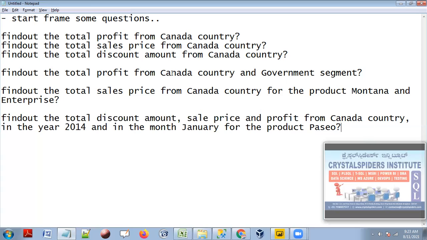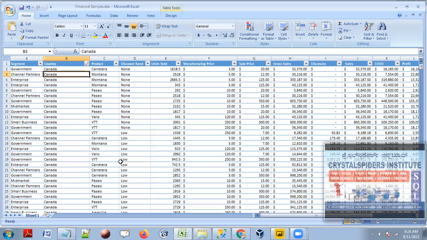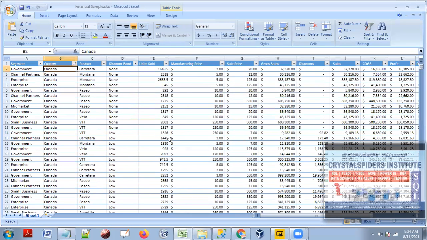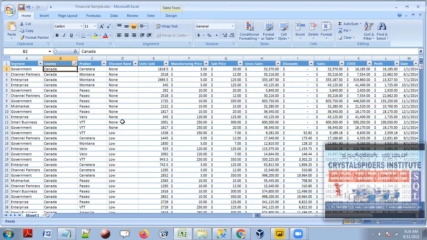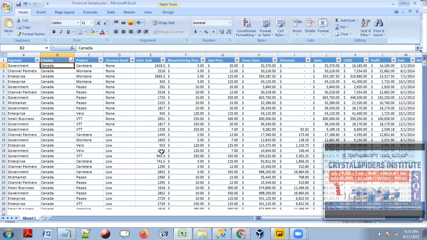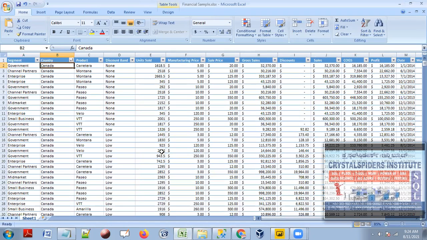For all these questions, I can get the answers, which is nothing but getting the facts. I can get the values for all these questions from this sheet. So by seeing this sheet, we can frame some questions. That's always a good thing. If you are able to frame the questions and answer them, then the representation of this data is in a good format and suitable for visualizations. Otherwise, if I am unable to frame the questions or get the answers from this data, then you can't produce visualizations by using that data.